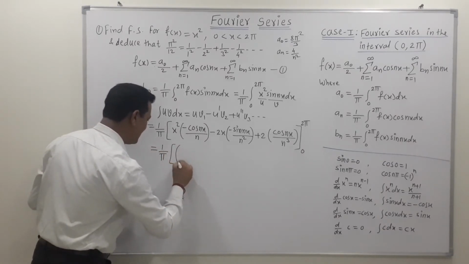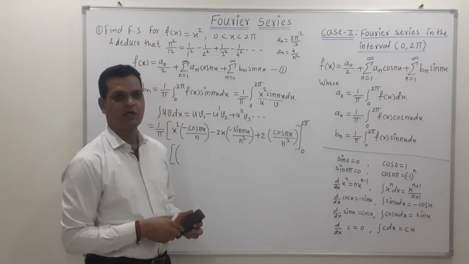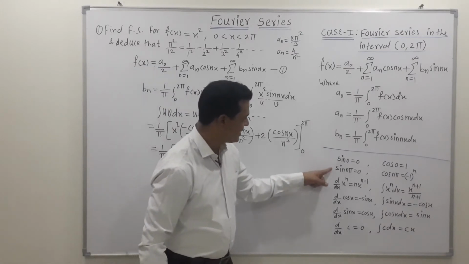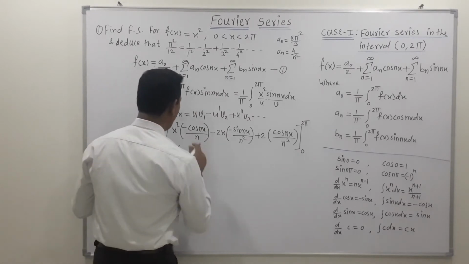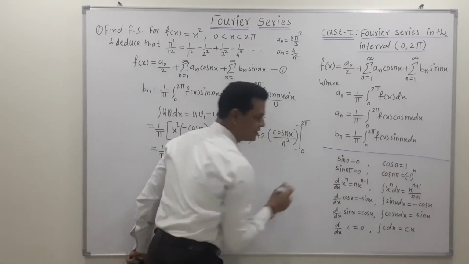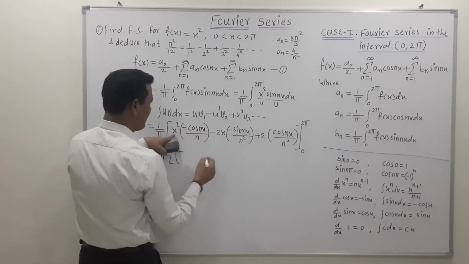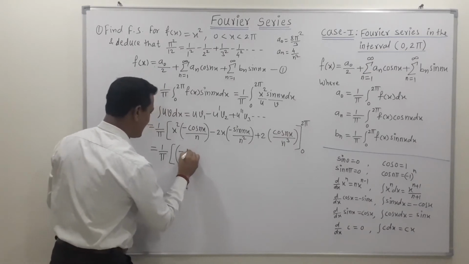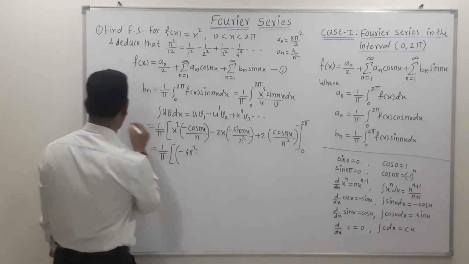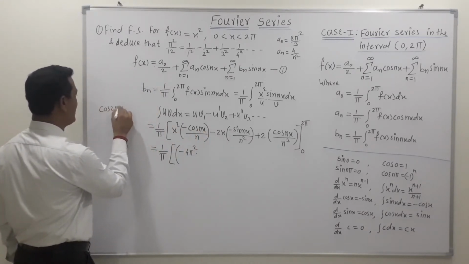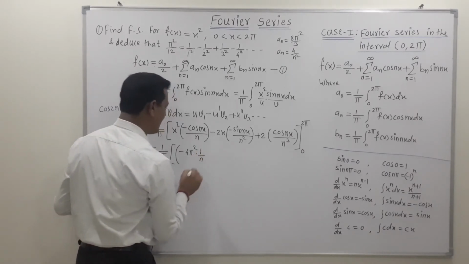So friends, when we put the value of the upper limit, write down one circular bracket. We know that when we put the upper limit as pi or 2 pi, concentrate on the sine and cos terms and directly use this result so that we can easily get the answer. Now here the first term is cos, so cos is non-zero. Let's do the calculation. This minus term as it is. Replace x by this upper limit, so we get 4 pi square into cos of 2n pi, and cos of 2n pi is 1. So we can directly write this as 1 upon n.